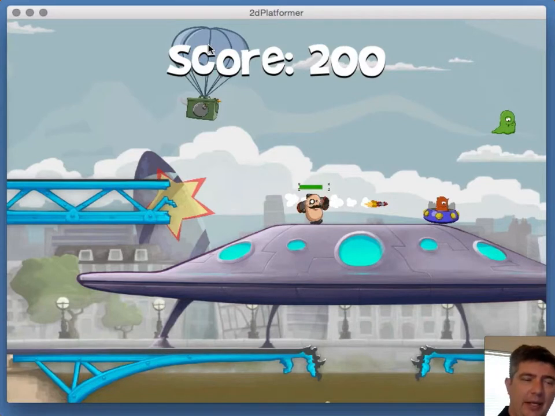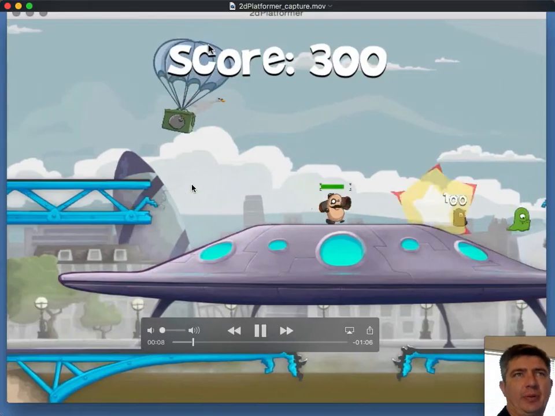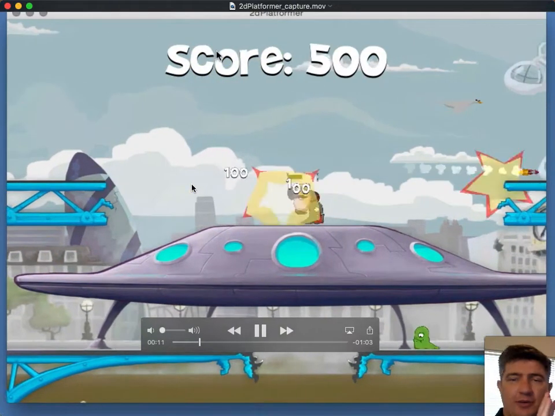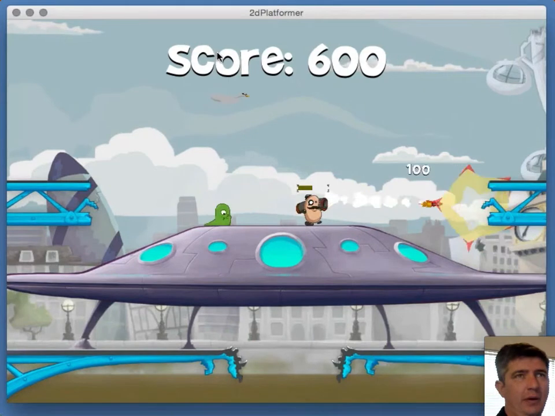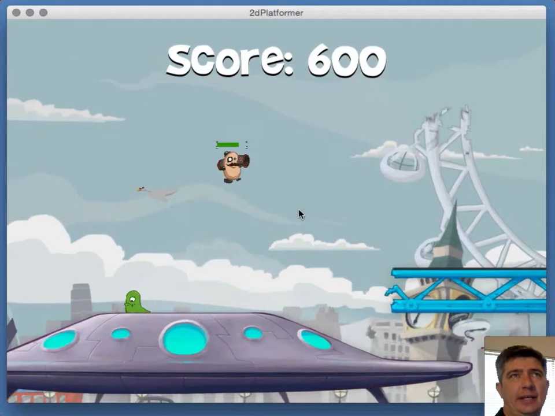So it randomly plays intro 3, plays it until the 2 bars run out, and then it says, okay, what do I do now? And the computer looks at the code, and it says, all right, there should be 3 main loops there. Randomly choose one of them and play it. So this time it randomly chooses main loop 1. So it goes from intro 3 to main loop 1. And it plays that for 8 bars. It knows nothing about your music, just plays the first bit all the way to the last bit, and when it gets to the end, it says, okay, what do I do?